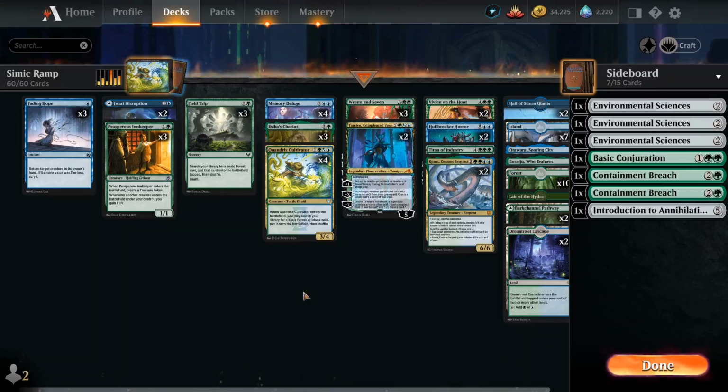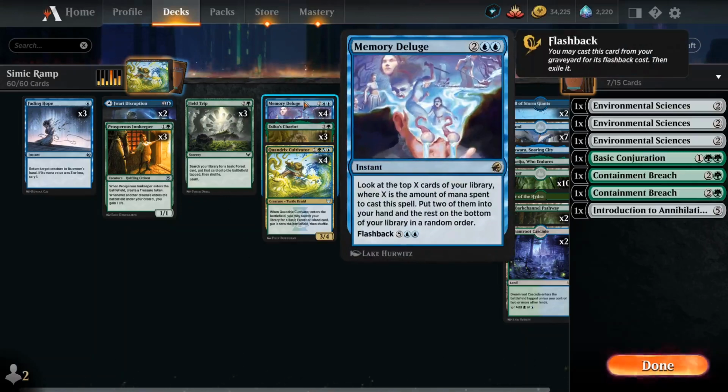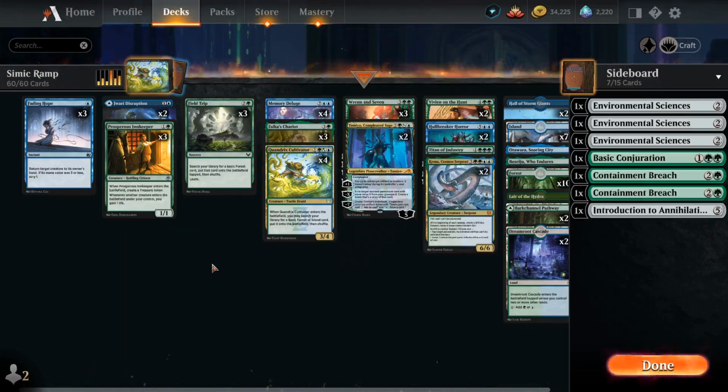So the last card that we haven't talked about so far is the Memory Deluge. This is just a really nice card for me at those late games when we need to start drawing cards that we want. The first time we cast it, we're able to look at 4 cards, and we're able to grab 2. So we're able to grab what we want in those situations, and then when we cast it with its flashback, we can look at 7 cards, grab 2 that we really want. It's just a really nice card at those late games when we really start needing